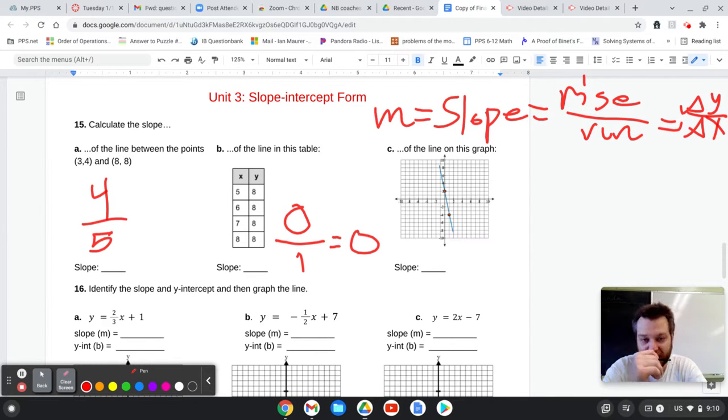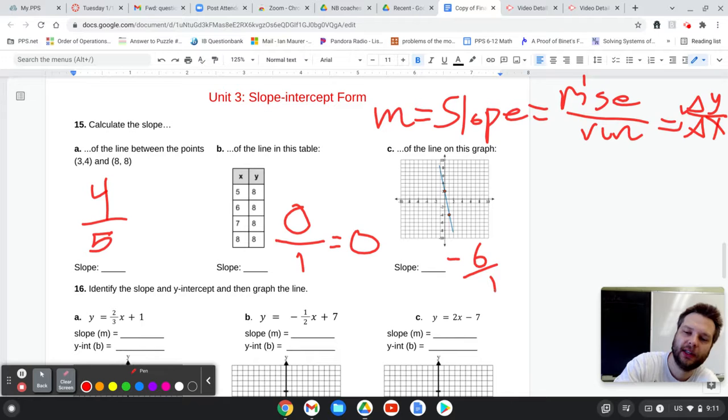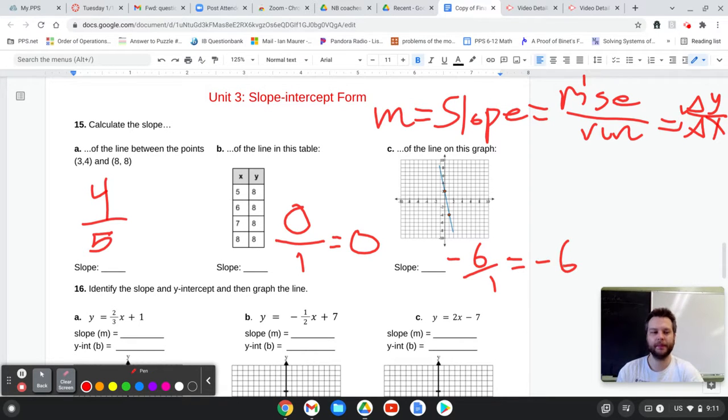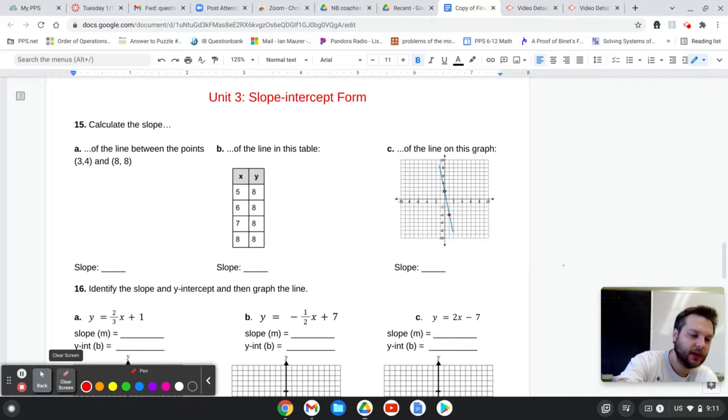When you look at the picture on the graph, you're looking at the rise and the run. I see that it is going down 6. When a line goes down and to the right, you must put a negative on the slope. Your line is going down and to the right. How far did it go to the right? By 1. So that is a rise of -6 and a run of 1. Reduce that fraction to -6. Moving on,